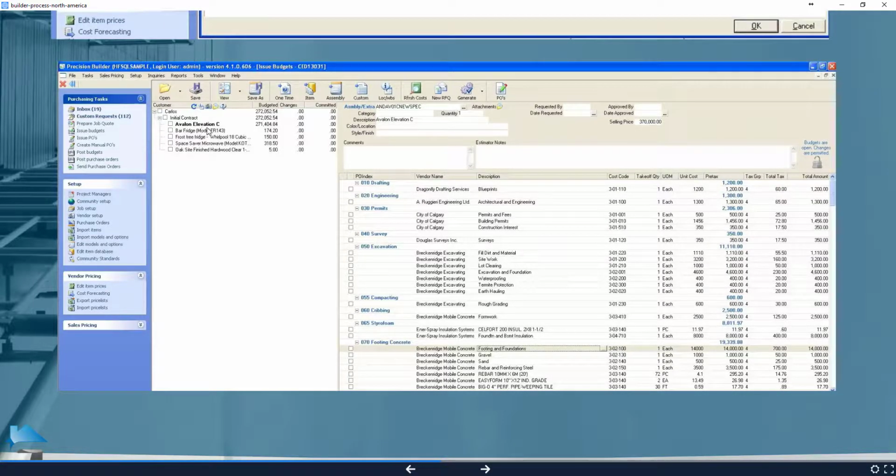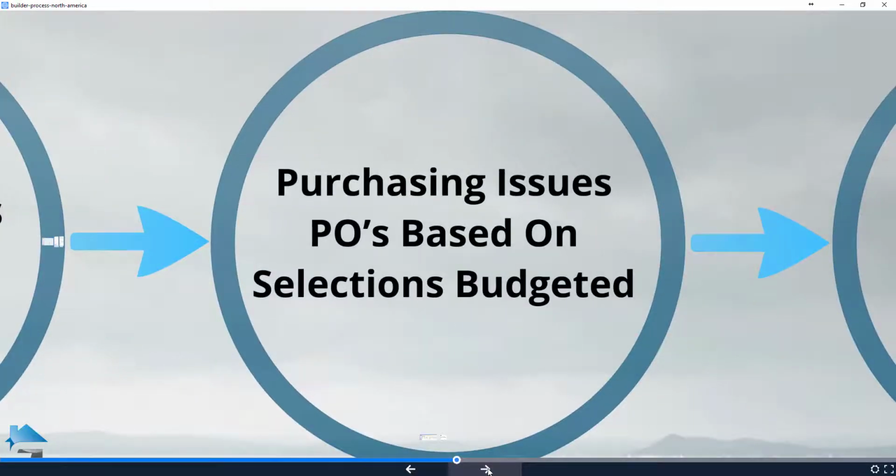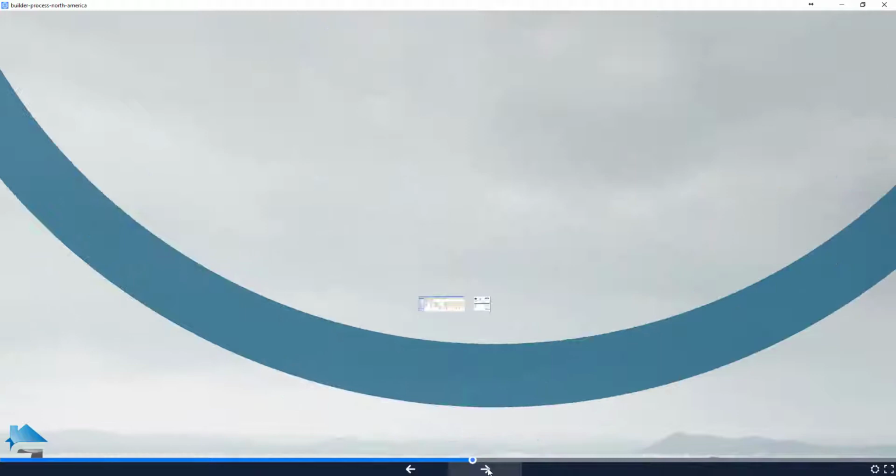In this example, we're looking at an Avalon Elevation C, which is the floor plan that was chosen, with all of its corresponding cost breakdowns. Preferred vendors were retrieved based on the neighborhood or community that the job is in, along with the appropriate pricing for those vendors for the appropriate scope of work. Once we've gone through and reviewed those numbers, the budgets can then be established and posted into accounting, at which point the same information that we use to prepare the budget can also be used for the purposes of